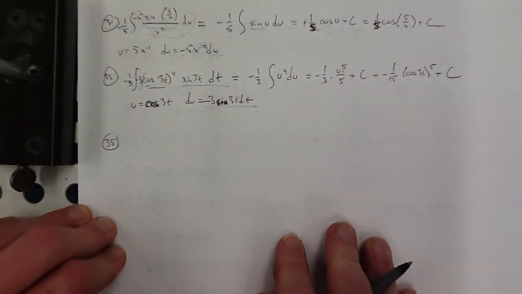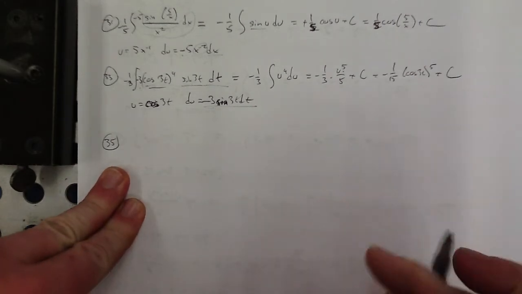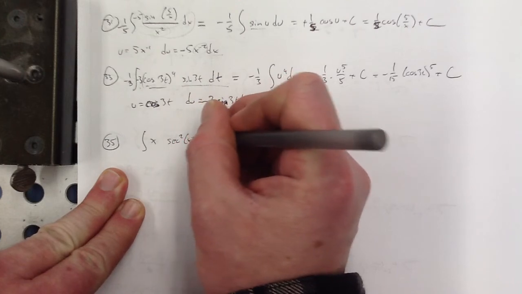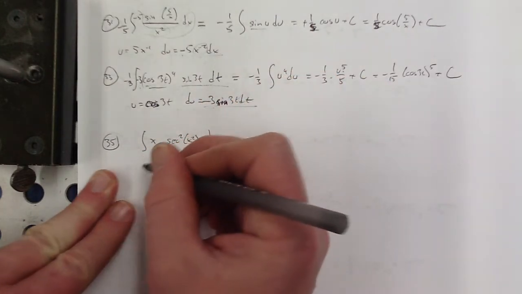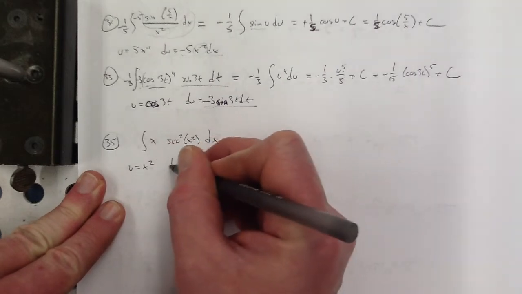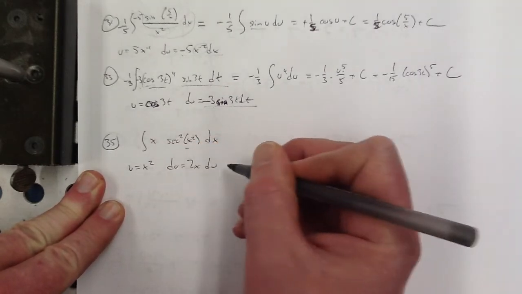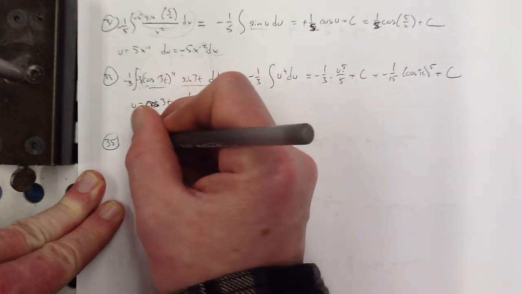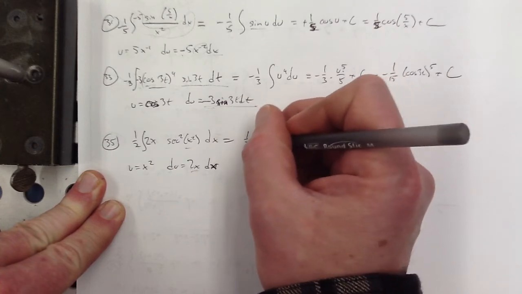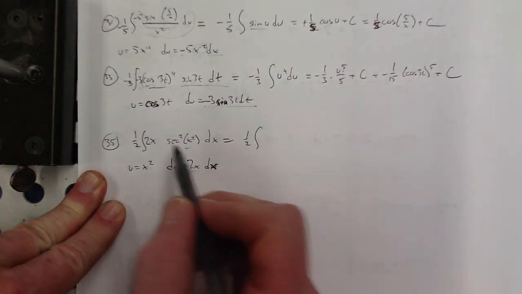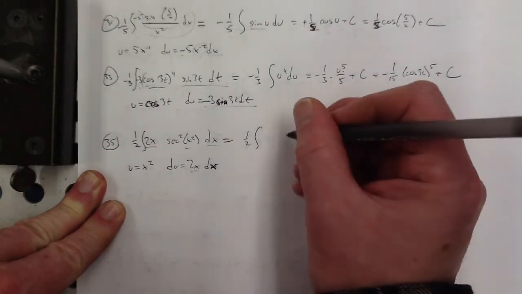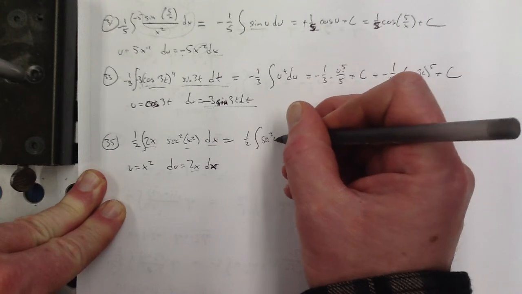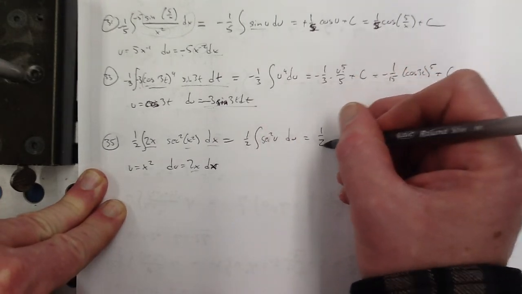Last one. x secant squared of x squared. That looks like the most inside kind of thing to me, so I'm just going to try that. 2x dx, of course, that's always a good sign when you get some version of a thing that's already sitting there, right? So 1/2 integral 2x dx, that's the du, and then that's secant squared of u, and the antiderivative of secant squared is